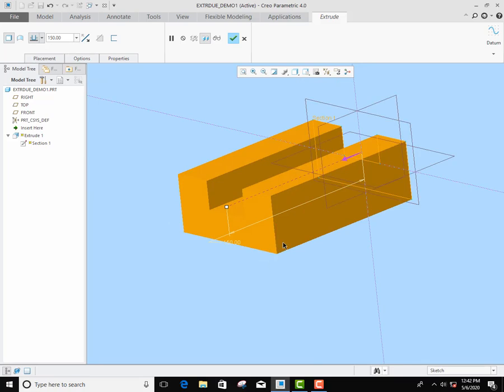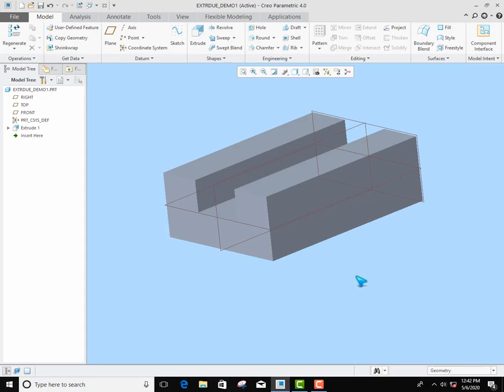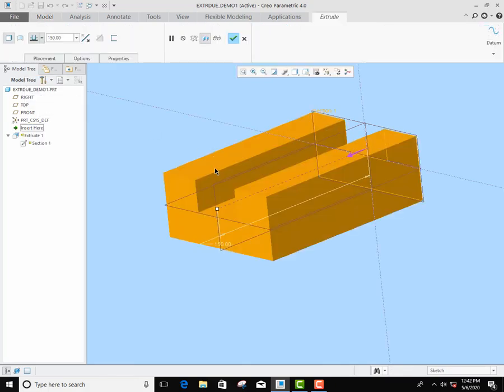If you say OK, then your basic extrude is completed. See here, this is how it is extruded, from the base plane. Again, if you click edit definition, the extrude tab will appear here.